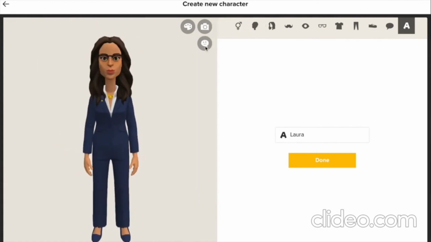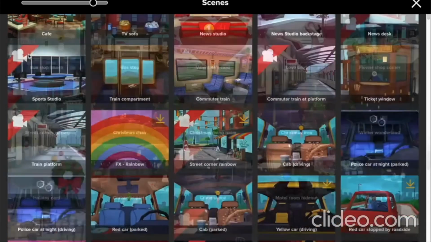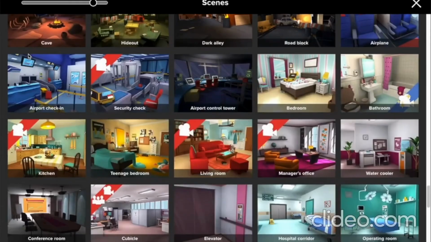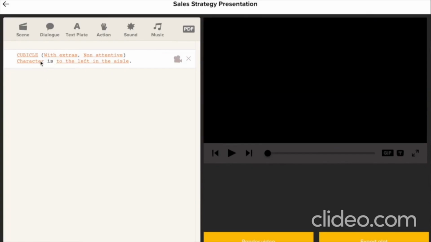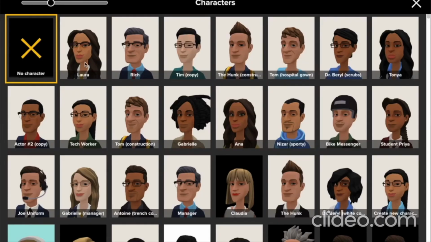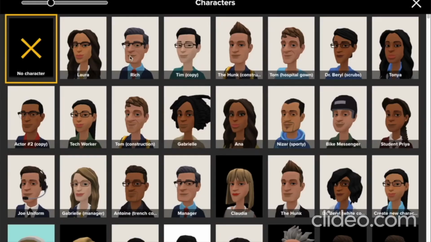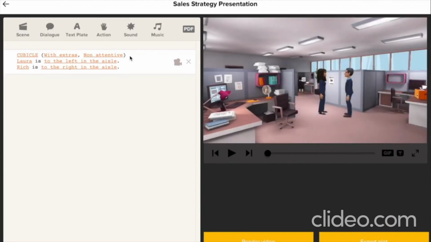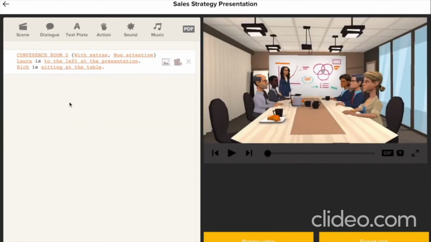Let's make our movie. Plotagon's in-house team of 3D designers and animators has created over 200 scenes for you to choose from, including offices, hospitals, businesses, and everyday life. Simply click, choose the scene that you want, and then add your characters. If you change your mind and want to have it in a different location, no problem. Then you can choose a location within the scene for each character and start adding your dialogue.